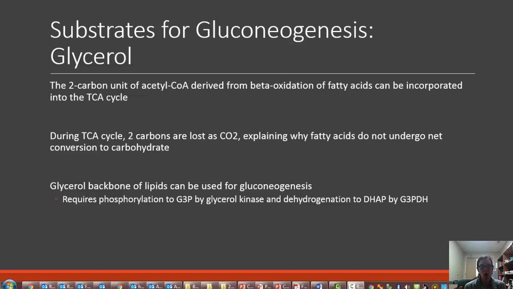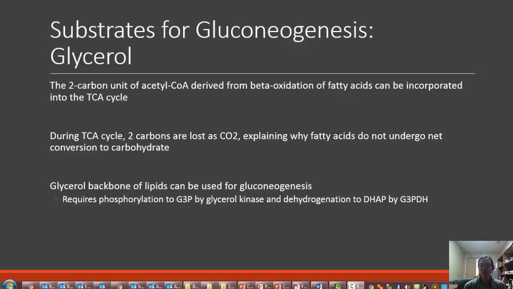However, we saw in that musical video that when we go through the TCA cycle, we're losing 2 carbons. From our acetyl-CoA, that was only a 2-carbon unit in the first place. And if we're losing 2 carbons in our TCA cycle, then we don't really have a net conversion of fatty acids to carbohydrate. However, when we break down lipids, the glycerol backbone of the lipid can be used for